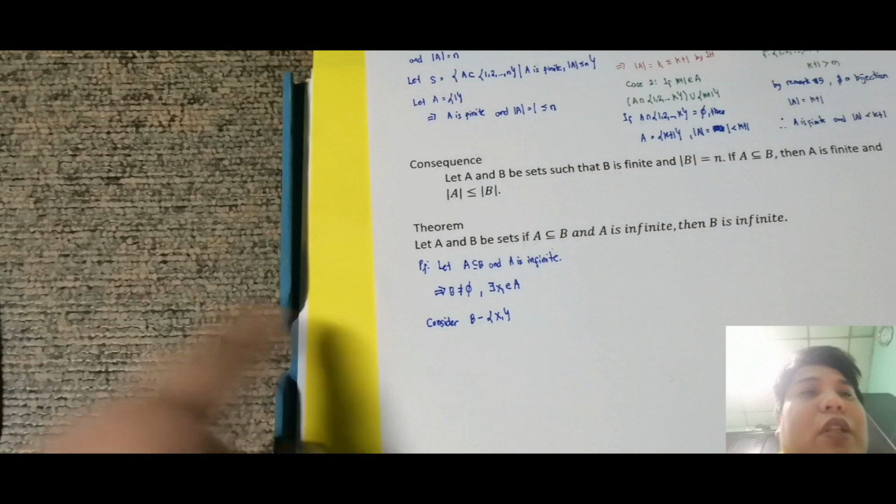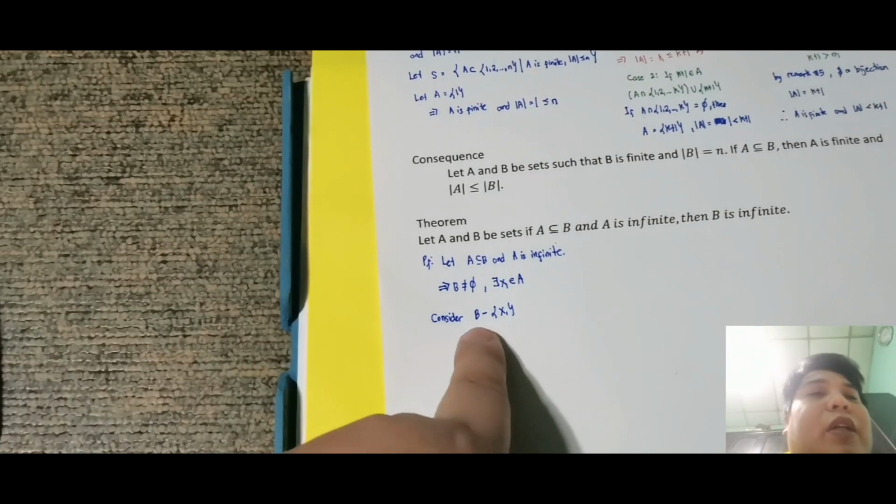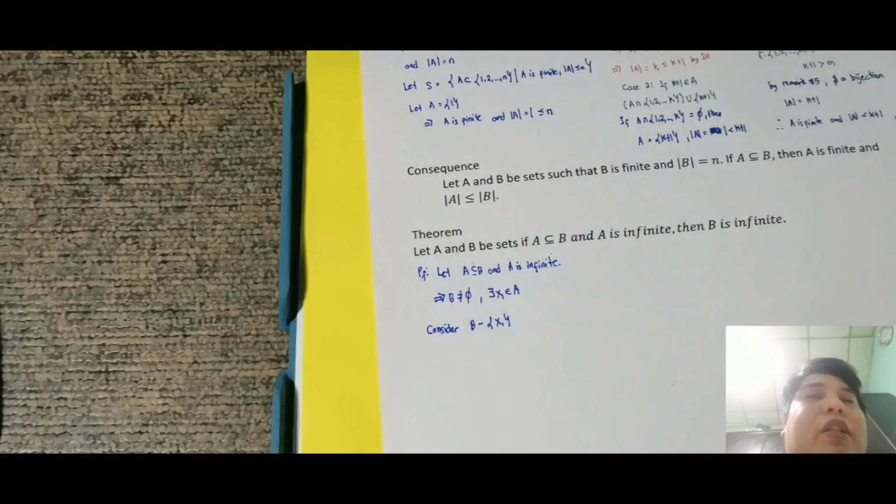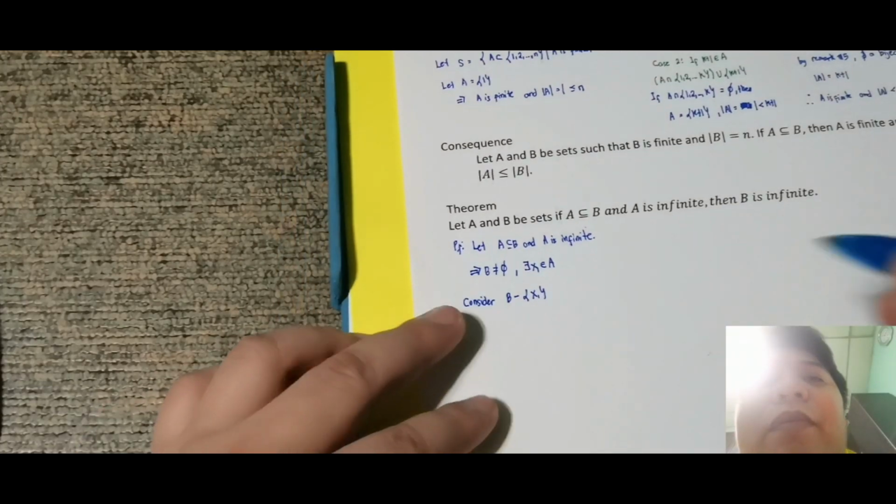Kunyari, actually, hindi to yung mismong B. Ang ginawa ko lang, yung B, bawasan ko ng x sub 1, meaning hindi na siya yung set B, to be honest. So, ngayon, pinapa-consider ko lang yung B minus the set containing x sub 1. Consider natin yan. Ngayon, may dalawang case na mabubuo tayo dyan. So, unang case,